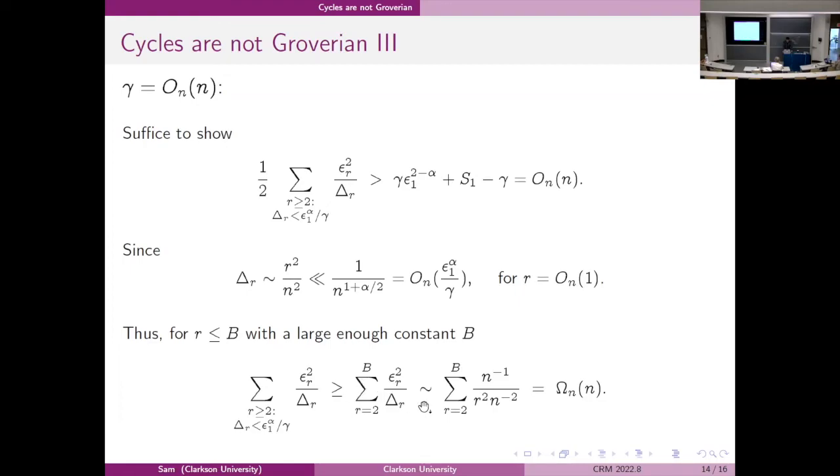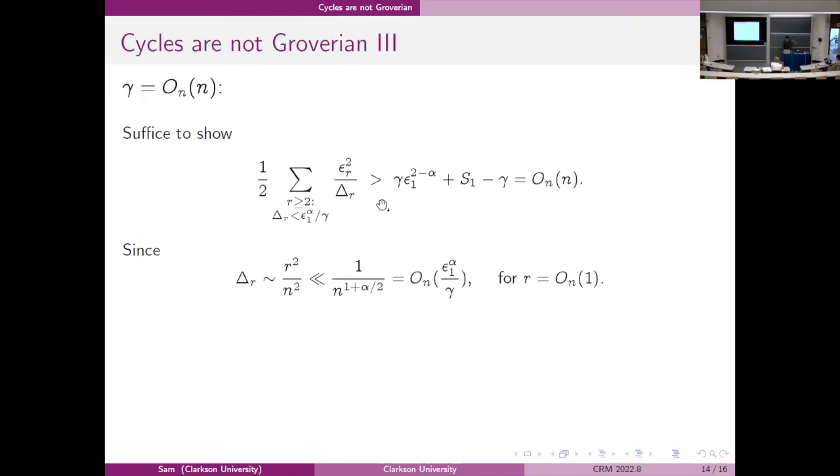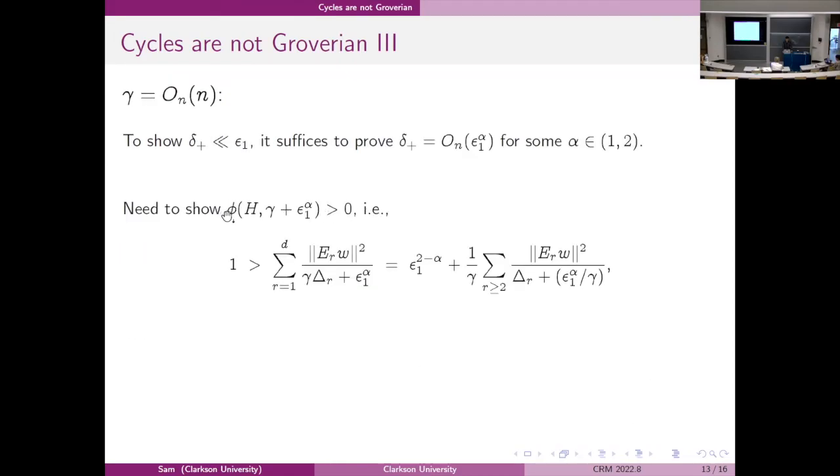And this thing would be of order n to the minus 1 over R squared times n to the power minus 2. And this summation is of order at least n. Okay, so we show the left-hand side is at least of order n, and the right-hand side is at most of order n. So this inequality would be satisfied, and that finishes the proof because this inequality implies the characteristic polynomial